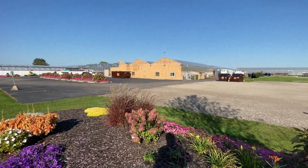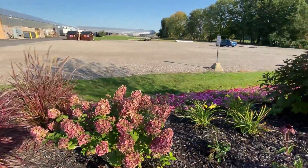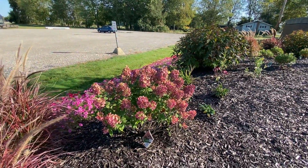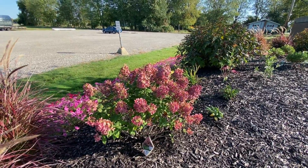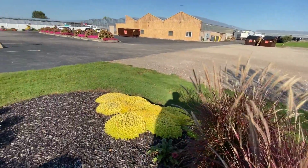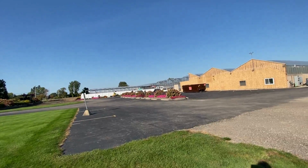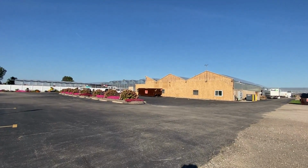And then let's see, oh yeah, here's a new hydrangea we just planted. This is the little quickfire, and that one was gorgeous too. It's a little past its prime, but really nice color on a little quickfire. Some more of the fireworks grass, sedum lemon coral, and then we're going to head over there by the Bobo to end. As you can see, we're doing a little bit of construction here on the front of the